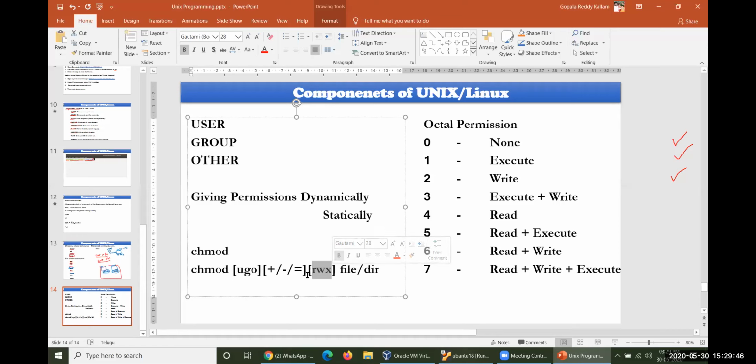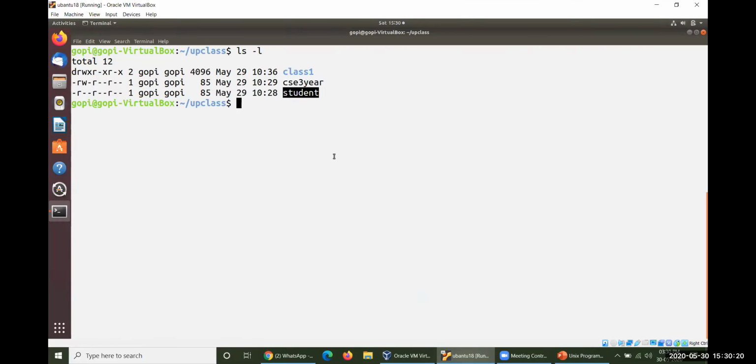Okay. So here, what is my question? Before going to the question, try to understand what the specific command is here. This command is always used to allocate the permissions dynamically. Dynamically in the sense that previous permissions will be kept as they are, and new permissions are given to the specific file. Here also that could happen, but because of numbers, every permission will be overwritten. But here, overwriting is not possible. Let us examine how this happens.